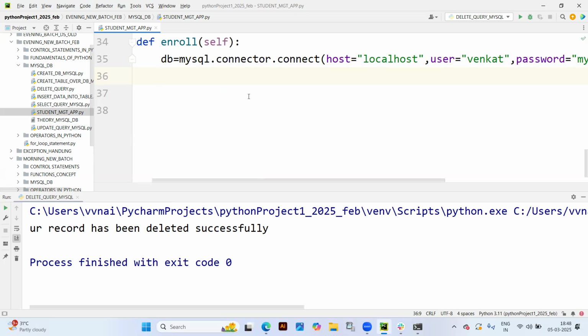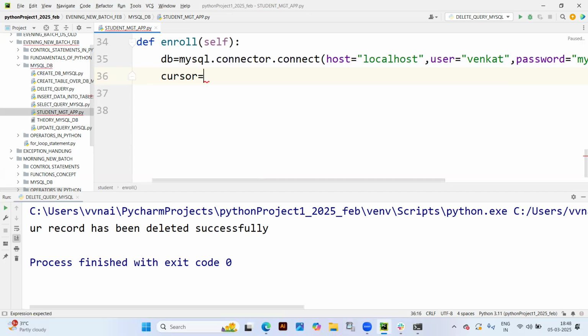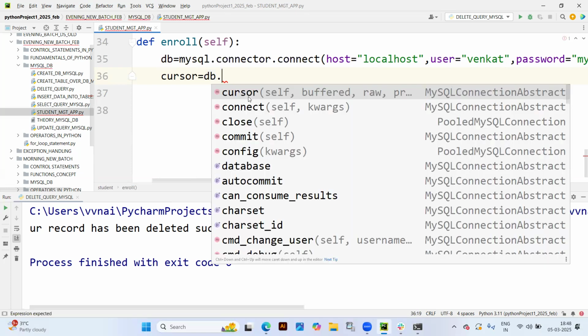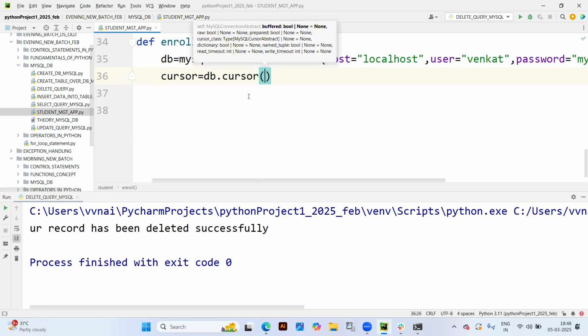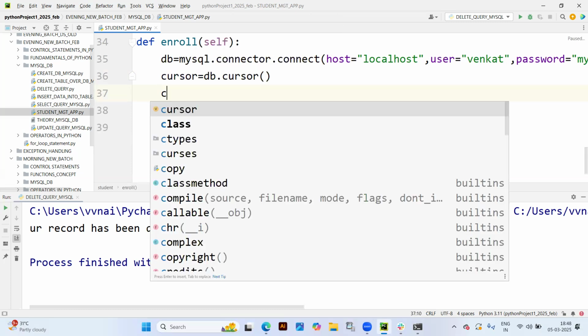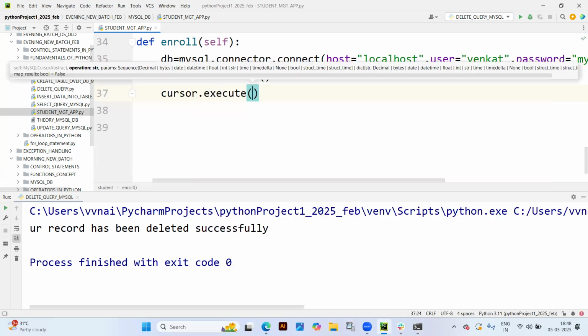Okay. Now what's the next line? We have to create a cursor. Cursor is equal to db dot cursor. The next is that, obviously based on the cursor, there is a function called execute, where we are supposed to write a